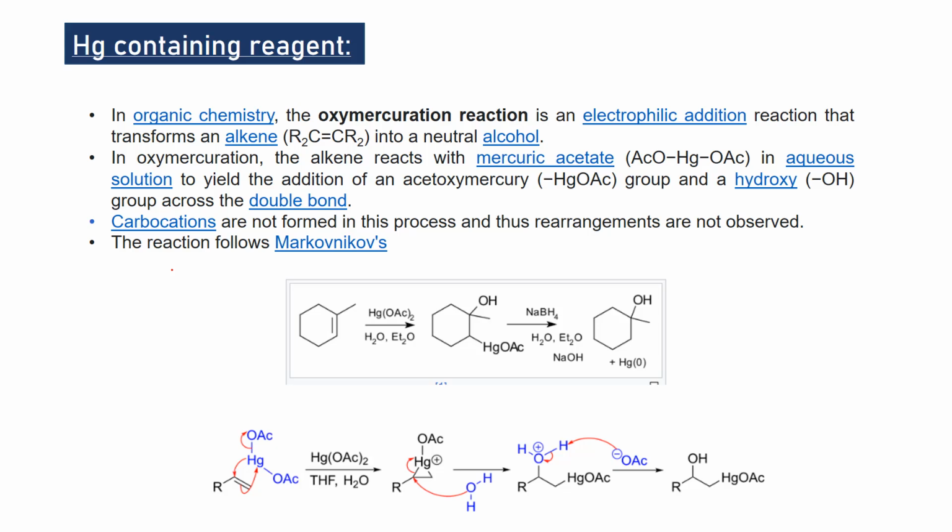If you see the mechanism, first this double bond forms a cyclic intermediate. After that, the water will attack and this three-member ring will open up, and if you add any hydride source, then this Hg gets replaced with H, forming this